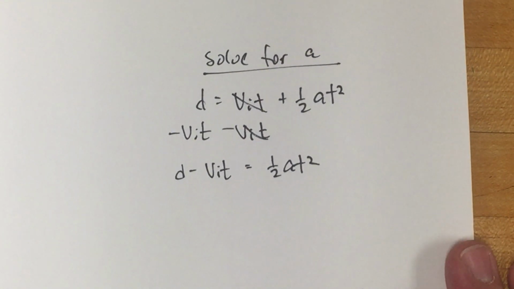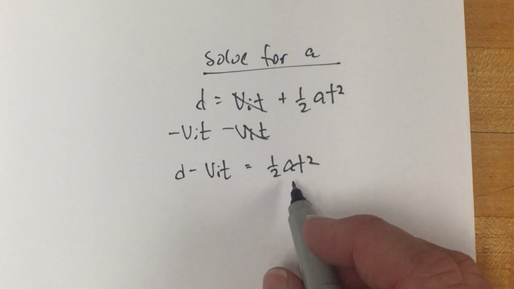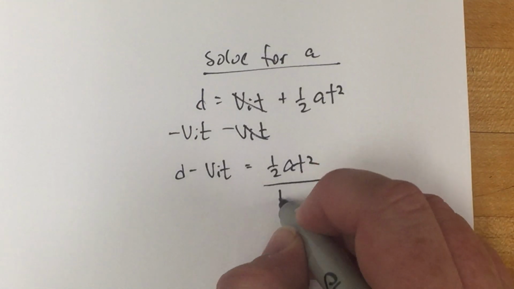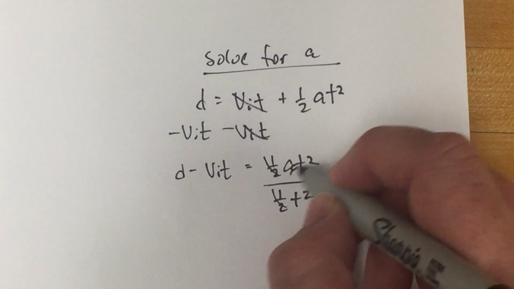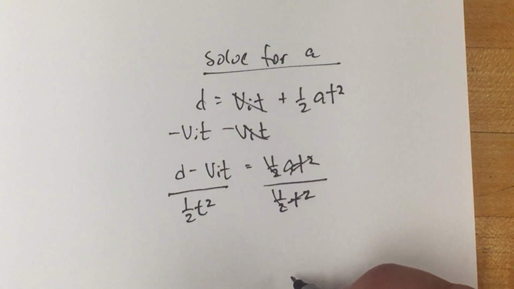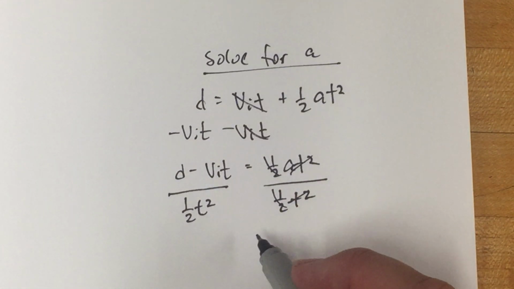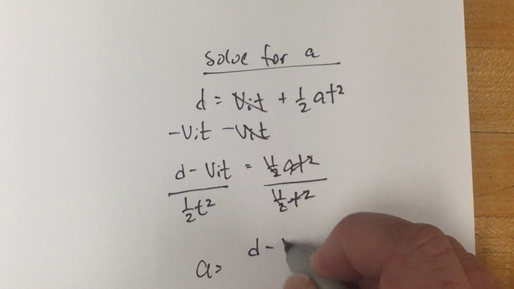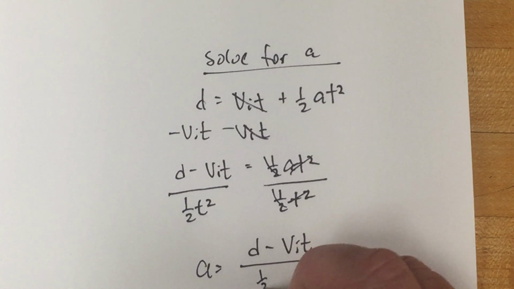There's a couple different ways that you can rearrange to solve for A. For simplicity's sake, I'm going to divide by everything that's not the A. So I'm going to divide by 1/2 T squared. That'll cancel out the half, it'll cancel out the T squared, and I'll do the same here, 1/2 T squared. There's other ways you can rearrange that, but you'll still get the final answer in the end. If you do it this way, you'll end with A equals D minus VI times T